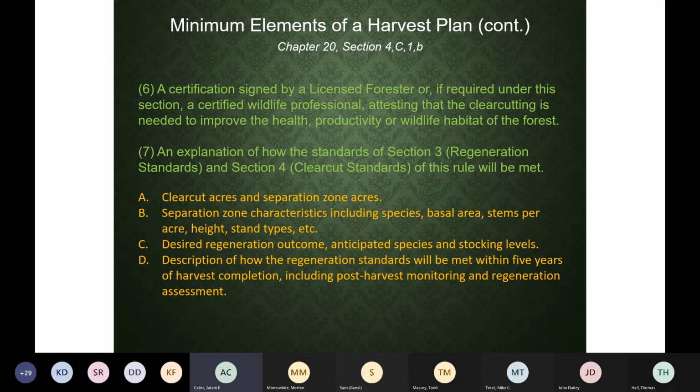Number 6 is a certification signed by a licensed forester or a wildlife professional attesting the clear cut is needed to improve health, productivity, or wildlife habitat of the forest. That's fairly straightforward. Number 7, an explanation of how standards of Section 3 and Section 4, so our regen and clear cut standards of the rule, will be met. This isn't a simple statement that all rules will be followed, period. We're looking for much more than that. We're looking for details on how you intend to comply with the regeneration and clear cut standards. Included in that